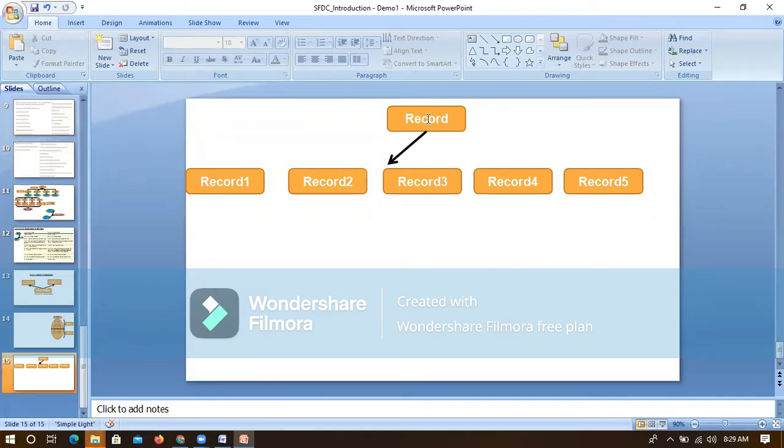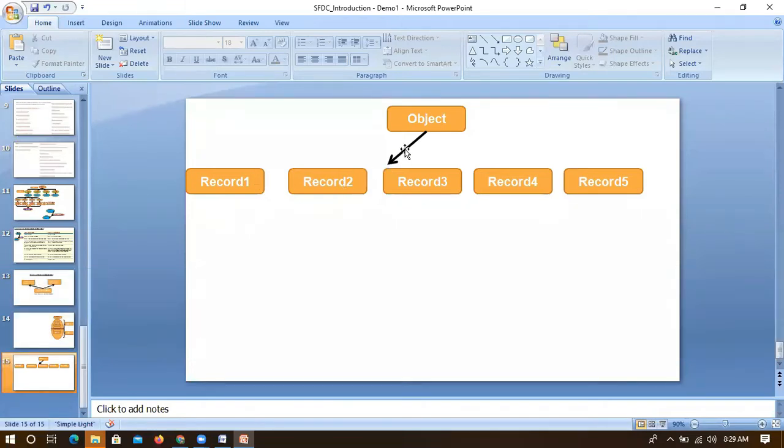Let's consider this is a single object. For this single object, from tabs, we will create multiple records. While creating records, record 1 can have a master, standard, which doesn't have any record types as of now. So record 1 is normally created, and then record 2. For this, I want to create some sort of type.